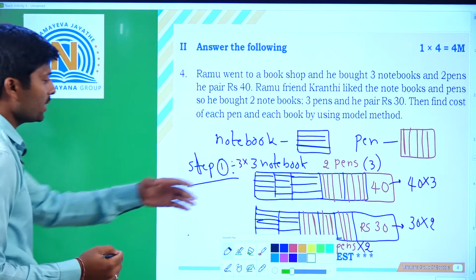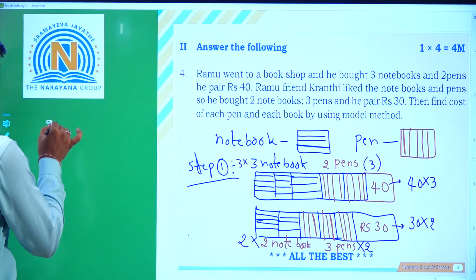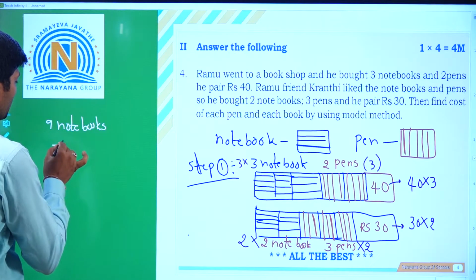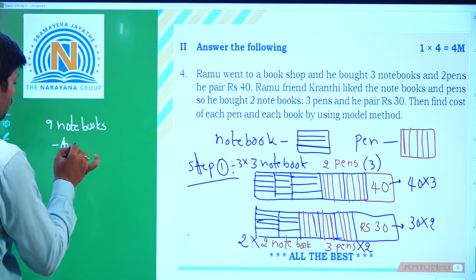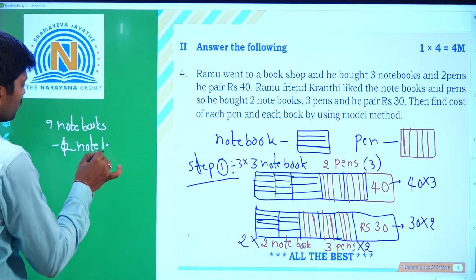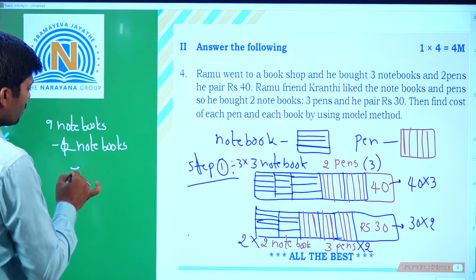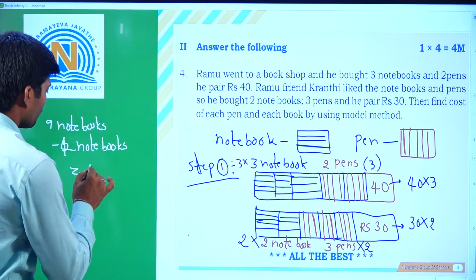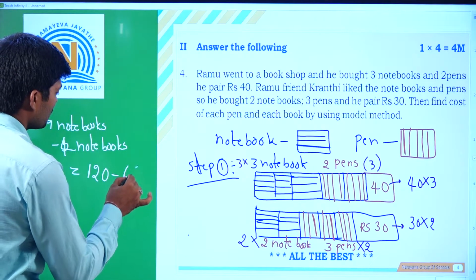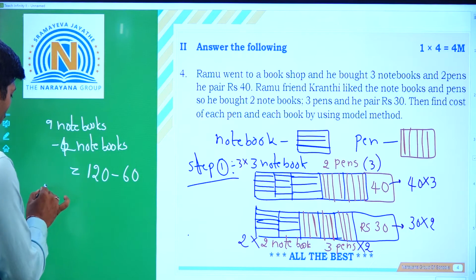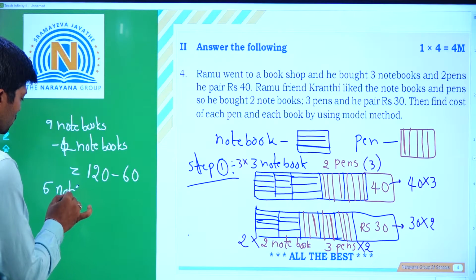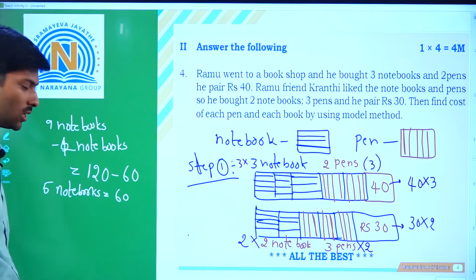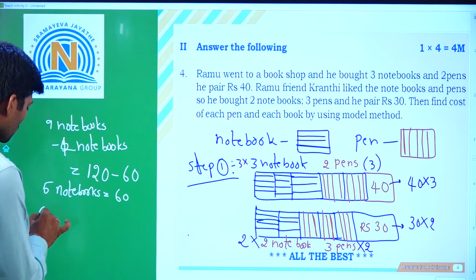So, by taking the second step, that is 9 notebooks minus 4 notebooks is equal to the amount, how much? That is 120 minus 60. So, the cost of 5 notebooks is equal to how much? 60 rupees. If you want to find each notebook,